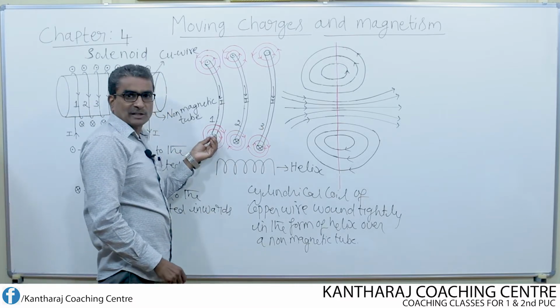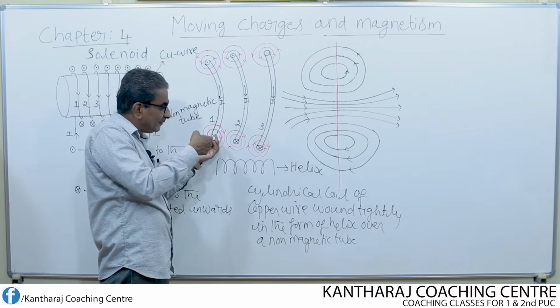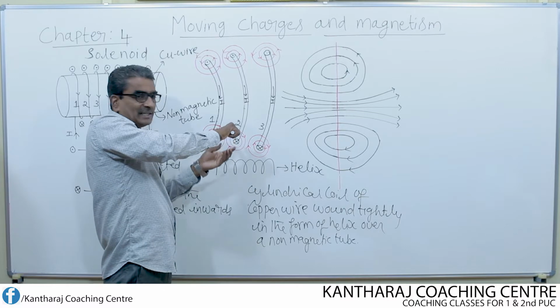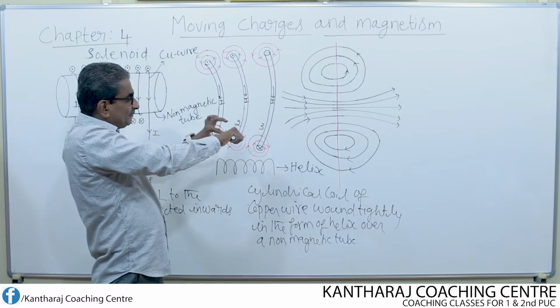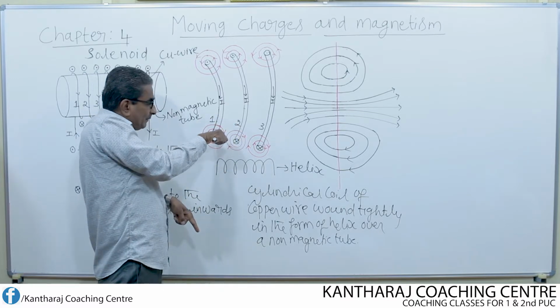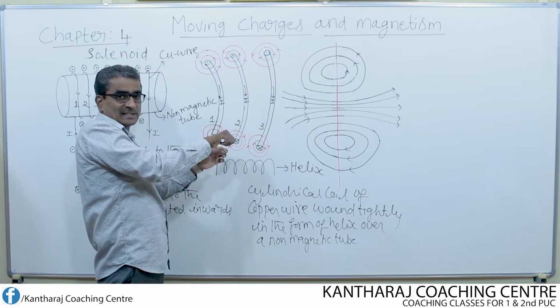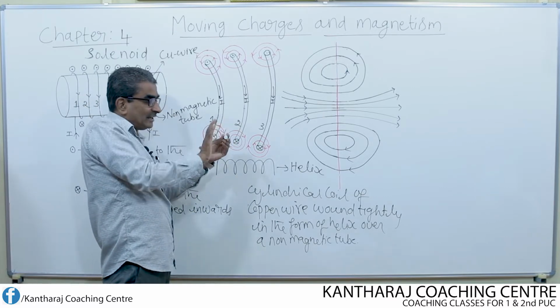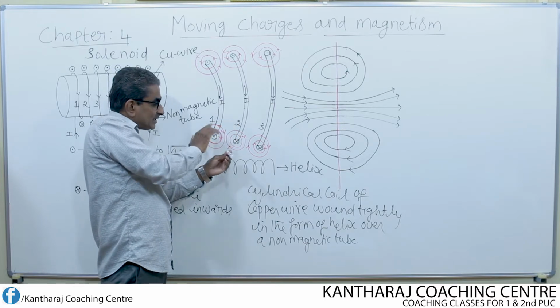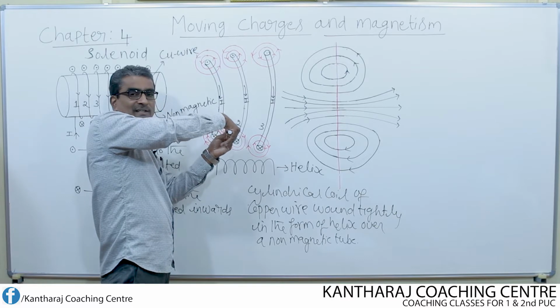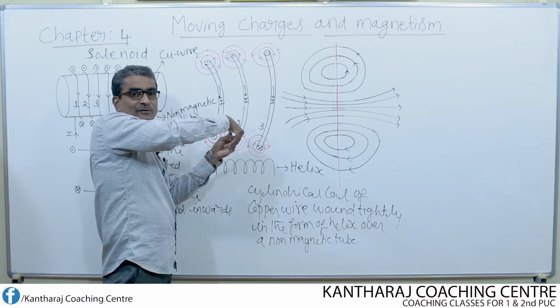So with respect to turn 1, now the current is flowing inwards. Apply the right hand clasp rule. Hold the conductor like this. The thumb points inwards, into the board. That represents the direction of current, and the fingers curling along which direction? In the clockwise direction. Look, the fingers are curling like this in the clockwise direction. That represents the direction of magnetic field.